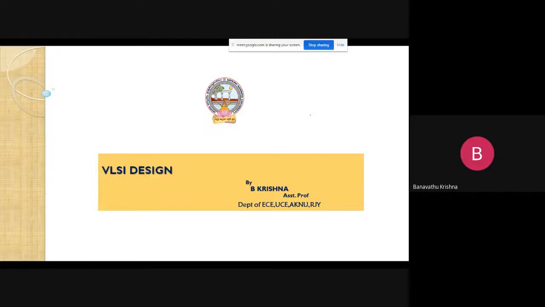Today's class I am going to discuss sheet resistance, right? And the sheet resistance concept is applied to MOS transistors such as a pull-down device, pull-up device. Similarly, you can apply that concept to the NMOS inverter and CMOS inverter, and also discuss the capacitance of various layers, right?